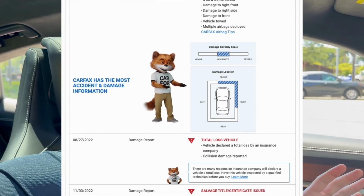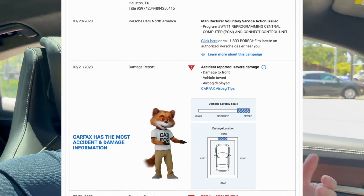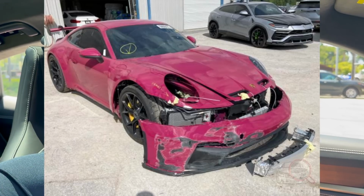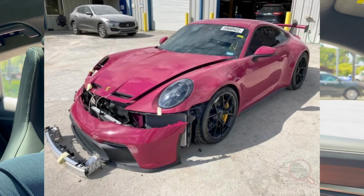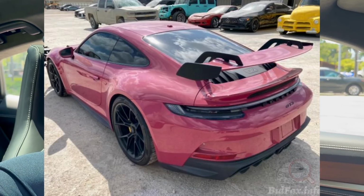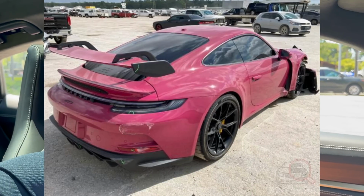So the first time this vehicle was crashed was in August down in Texas. It looks like it hit a parking barrier. A facility picked up the car for about $123,000. It had damage in the front fascia, a little bit of the front bumper, but nothing too severe, right? So they rebuilt the vehicle, put it back on the road, and less than 100 miles later, it was crashed